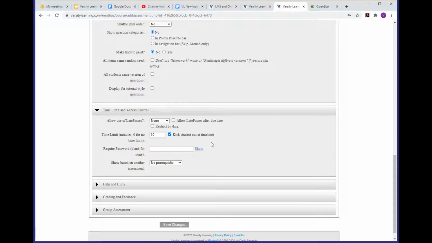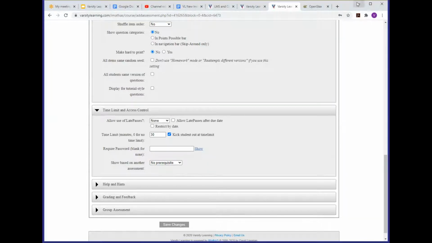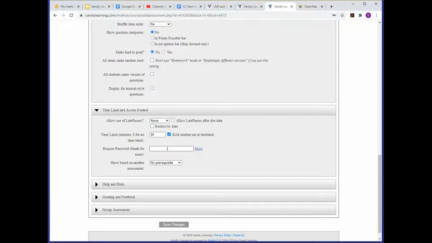Password, you could set a password. Again, this is great if you set your quizzes up and you know you have time in the lab the next day in school. You're going to go into the lab, you're not quite sure what time, so you don't need to set the time exactly. You just set a password. You take roll, you do your normal business at the start of the period. When everybody's settled and it's time to give the quiz, then you can write the password on the board and